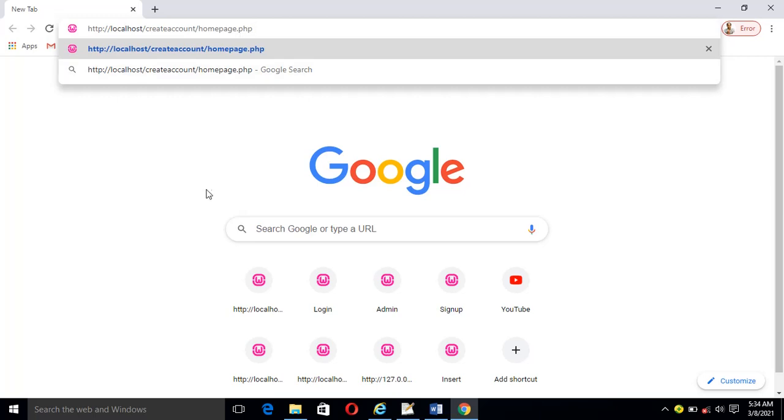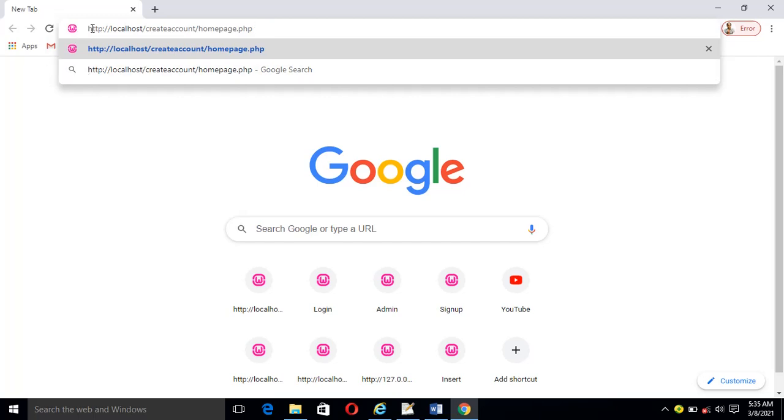homepage.php. By the way, the computer programming languages that are used to develop the front end of any website are HTML combined with JavaScript, combined with CSS and others. But the programming language that is used to script or write the back end of any website is called PHP. That is why it says PHP. The file extension of this file is .php.